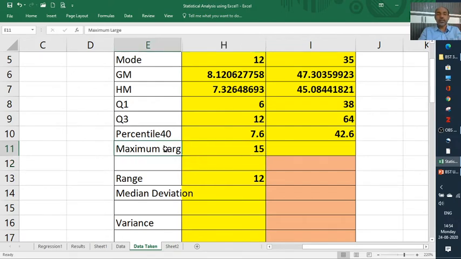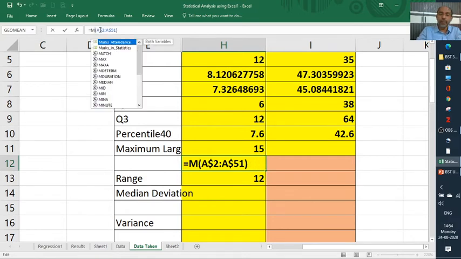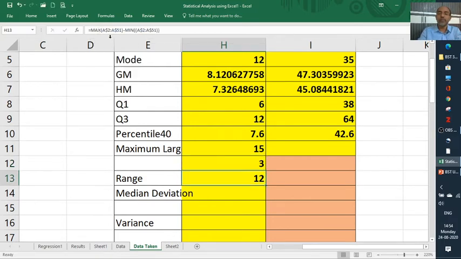We will copy and paste the same, and instead of max put minimum.